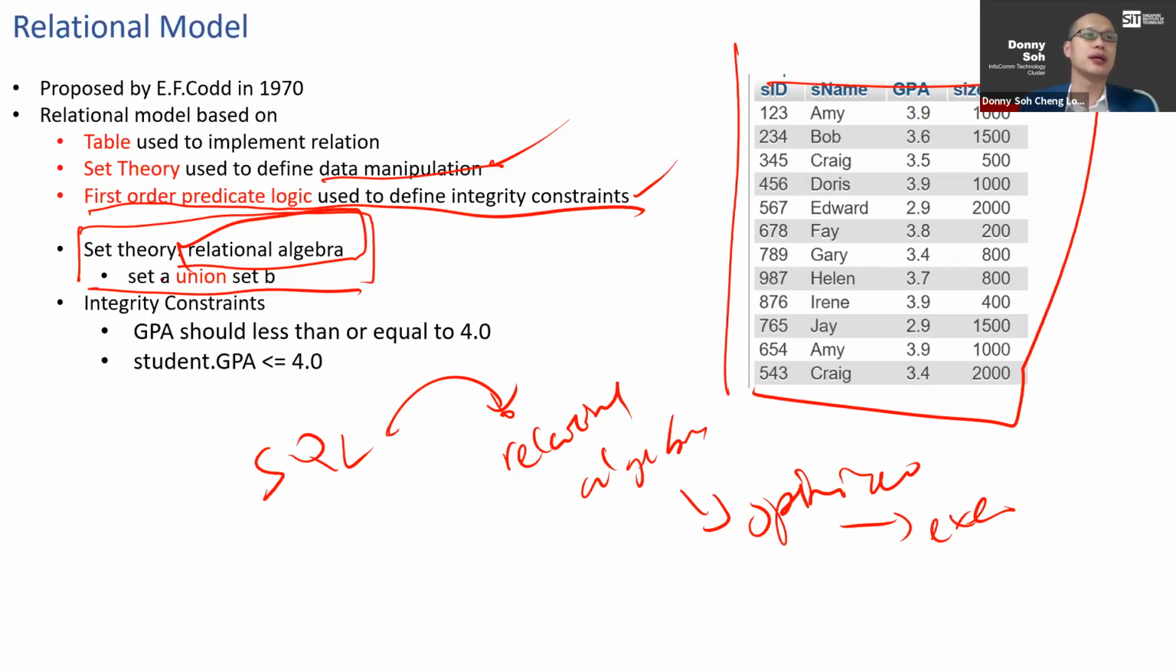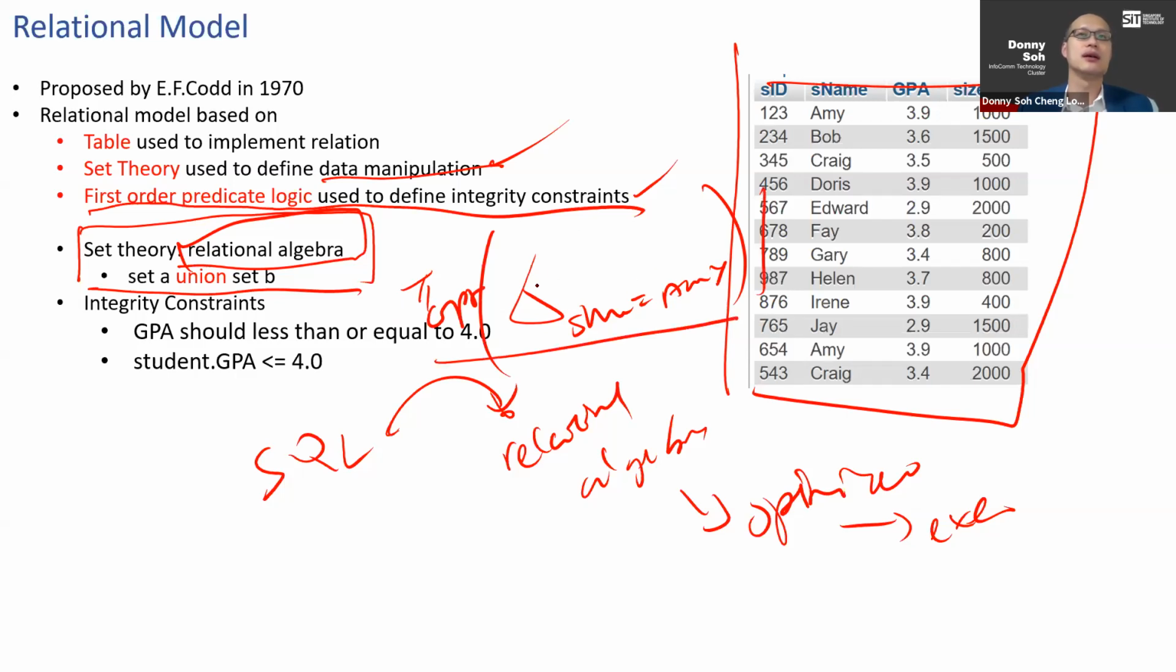So for example, set A union with set B, set A intersect with set B. There's also a select, which is the sigma. There's also the projection. So select name equals Amy, project out the GPA. I need a table name here. This is actually the relational algebra conversion of